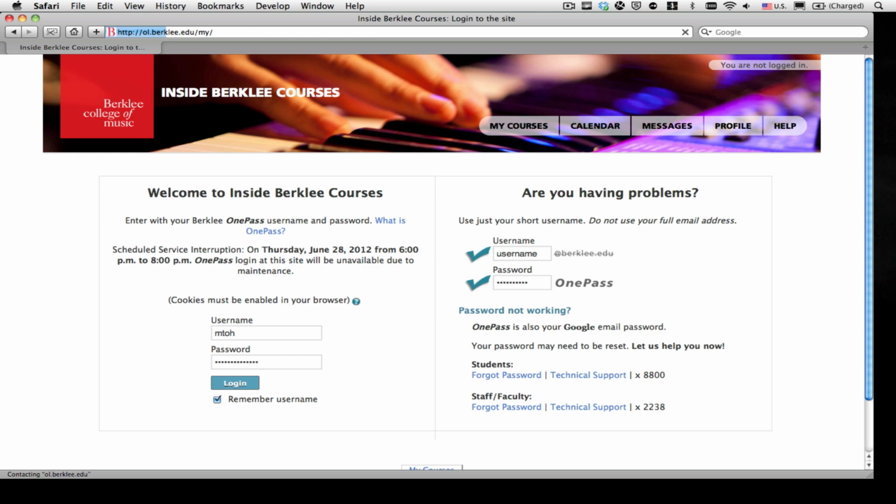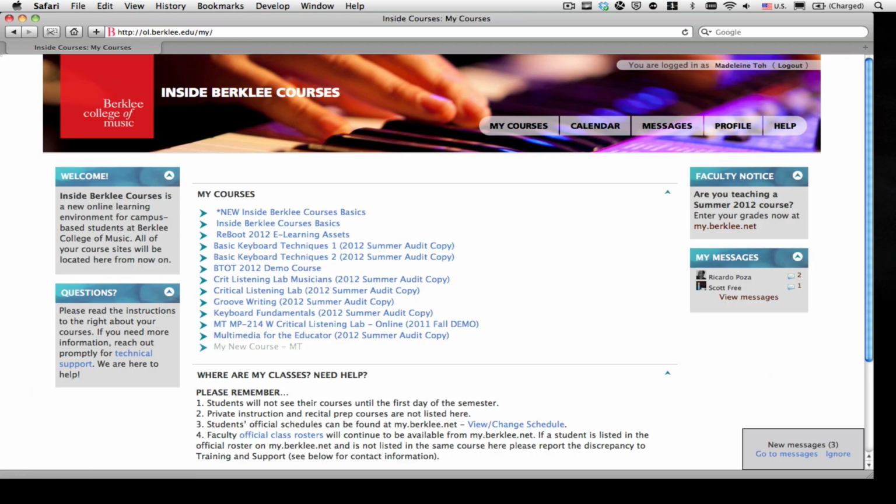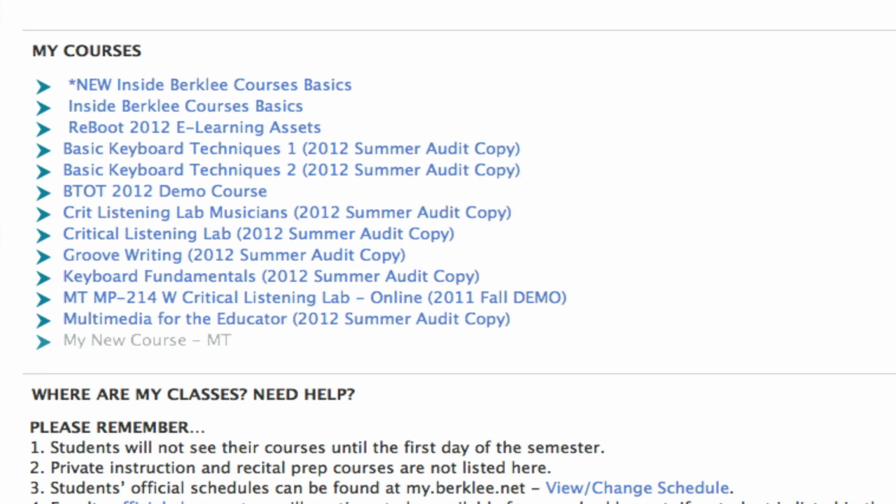When you log into Inside Berklee courses, you will see a list of classes on your front page. This list shows you which classes you are enrolled in. It does not necessarily indicate that you are the actual teacher of all or any of these classes. In this example, I am a student in some of these classes and a teacher in some others. That said, the import function will only allow enrolled teachers to obtain materials from and import materials to a new class. In this case, I know that I am a full-fledged teacher in only a few of these listed courses,